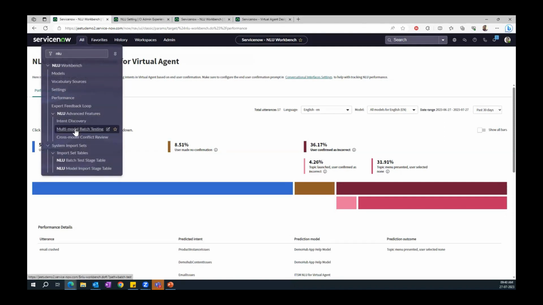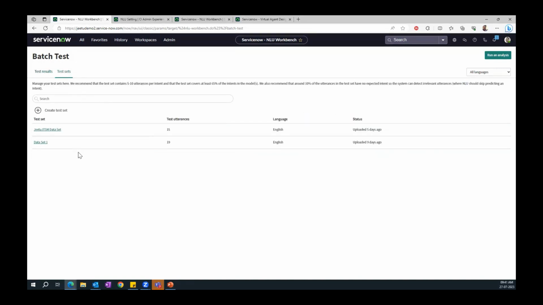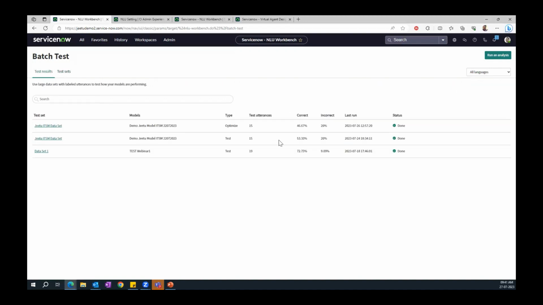intent discovery, multi-model batch testing. If I click, this is the option. You remember the machine learning concept, keeping 20% of your data for testing the model. So you can upload that 20% data set. You can create the data sets here. So I have created 2 data sets just to check the performance of my models against these utterances, right? Whether the model is predicting the right intent against these data points. So you can upload your data set. You can run the analysis. And if I show you the data here,